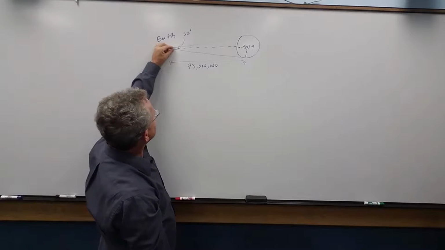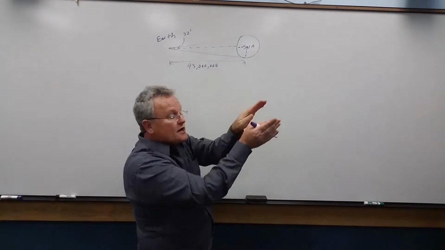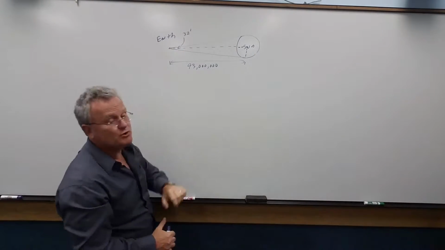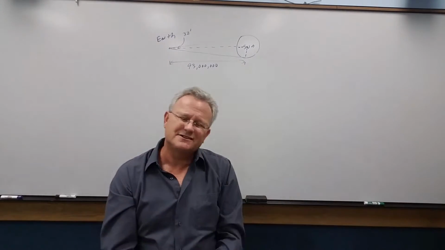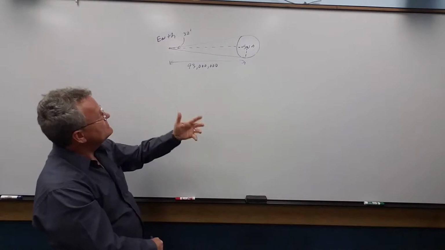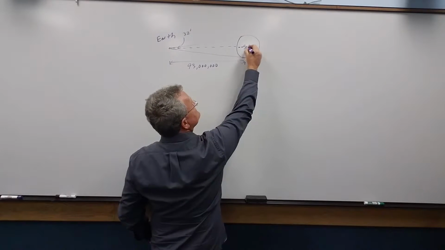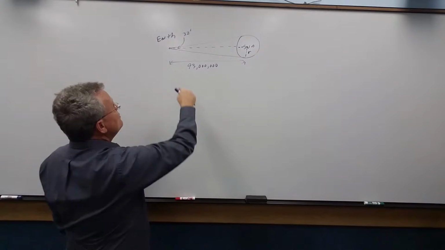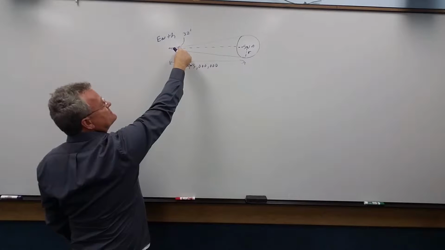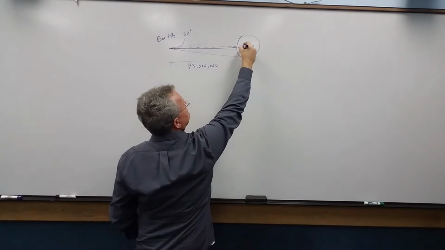We're on Earth here, and they measure the angle here out to the Sun. And that angle is pretty small. They measure it. It's about 32 minutes. And we want to know, all right, what's the radius? So let's call this distance radius. Well, if this entire angle is 32 minutes, then half of it, just for this triangle,